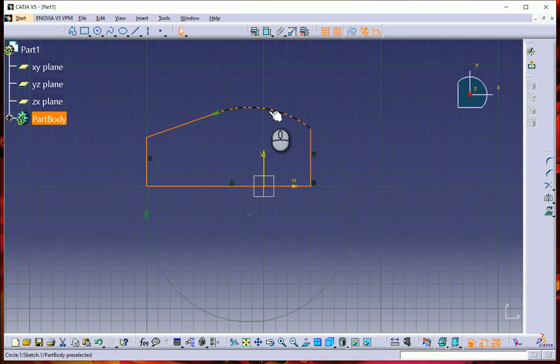Now I will go into the part workbench and I'll create a model out of this sketch, right? So after doing that, I'll get a model. So by using these features, by collaborating these features, we can create a model. So that is one of the aspects of CATIA. It uses feature based modeling, right?